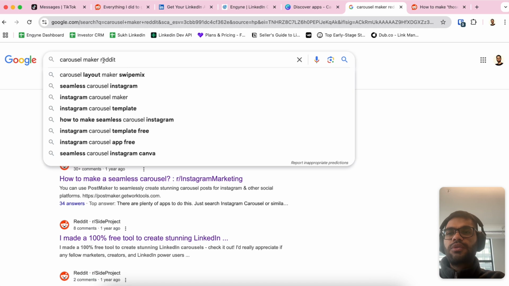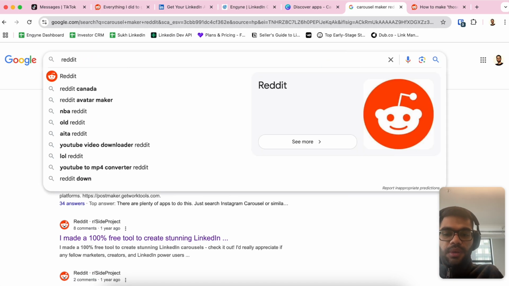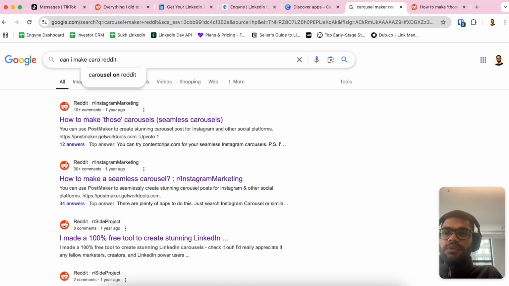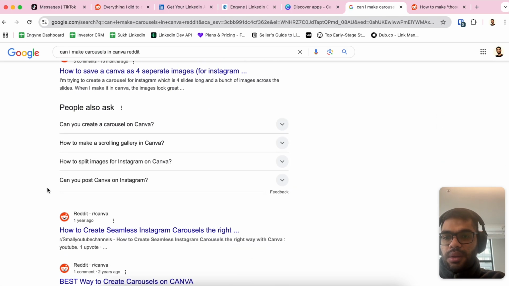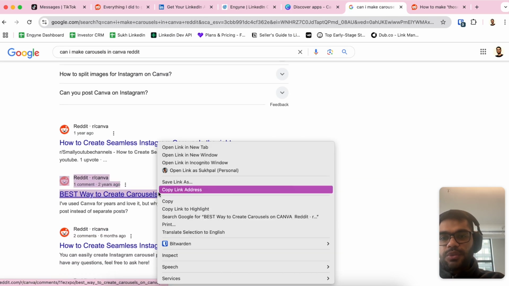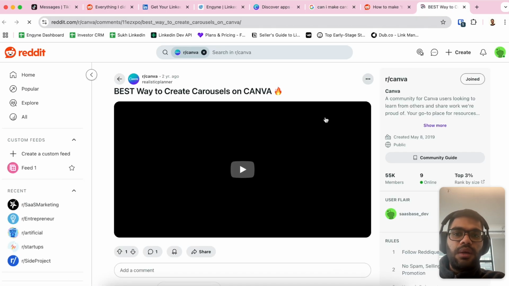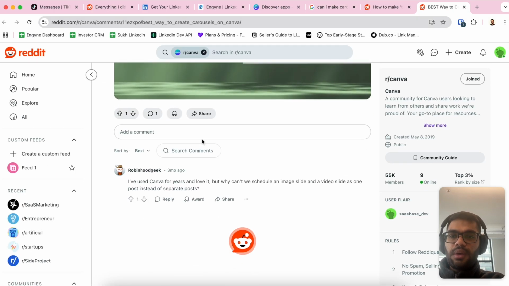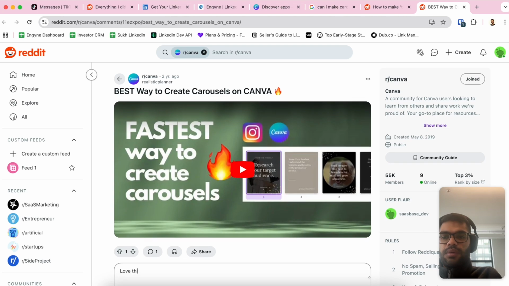So for example, this could be one. This could be another one. "Can I make carousels in Canva?" And okay, so there's these ones, "Best way to create carousels." And then here I would say, "Love this tool. Canva also has a lot of templates that you can use."